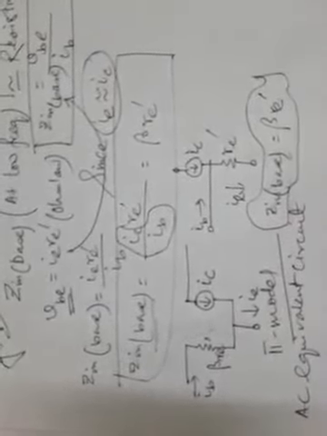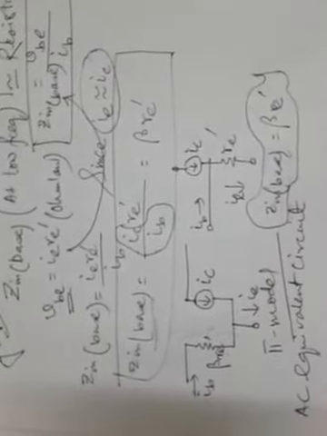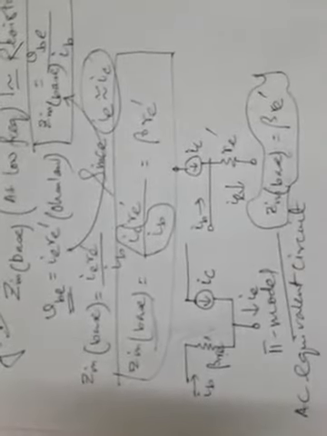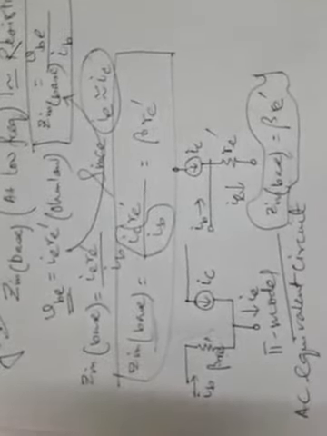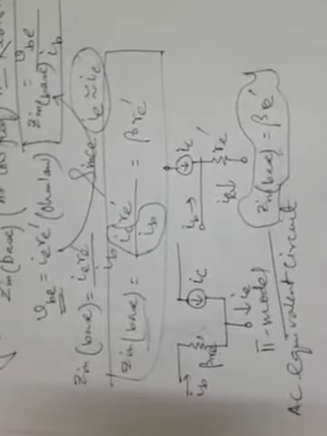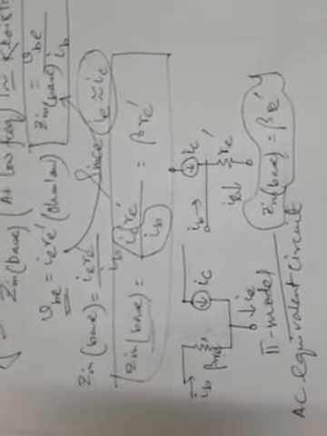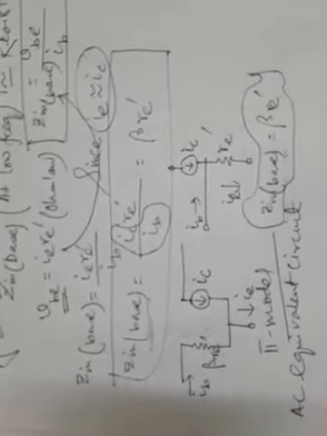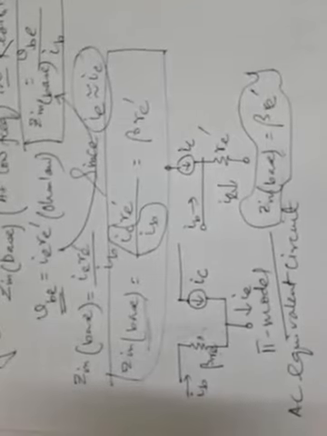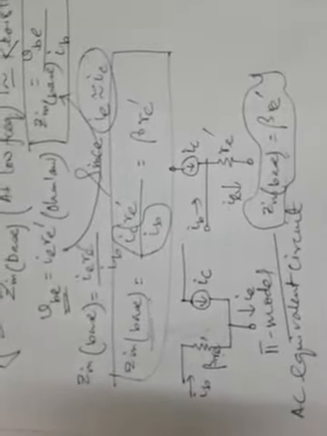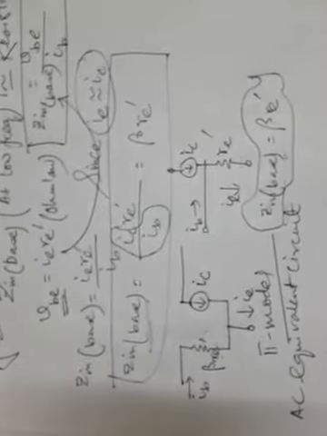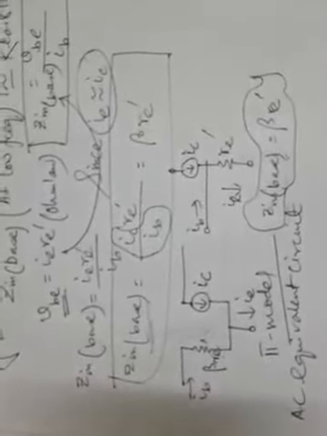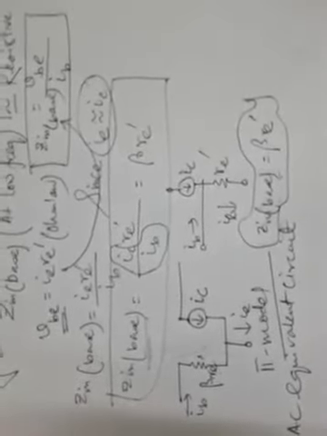Now since pi and T models are AC equivalent circuits for a transistor, we can use either one when analyzing an amplifier. Most of the time we will use the pi model because it is much more helpful than the T model for analysis purposes. But with some circuits, like some applications with op amps or differential amplifiers, the T model gives a better idea of the circuit action. So both the models are generally quite accepted in the industry.